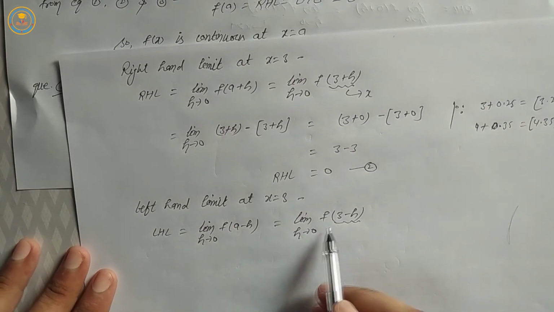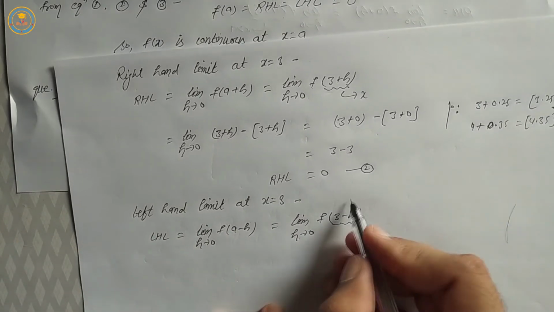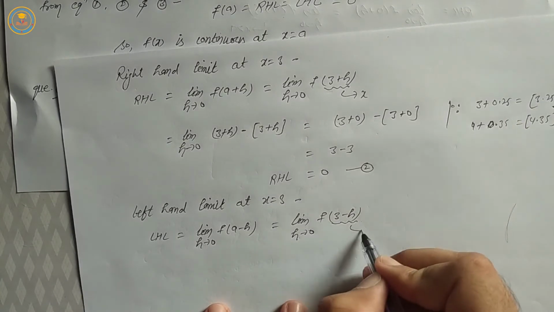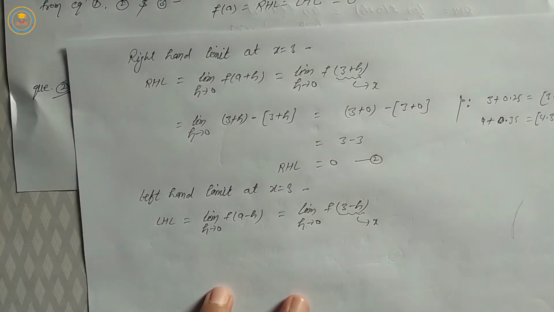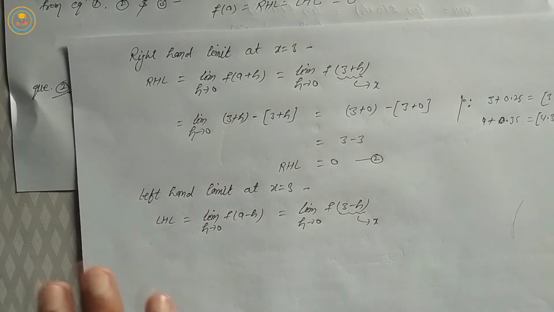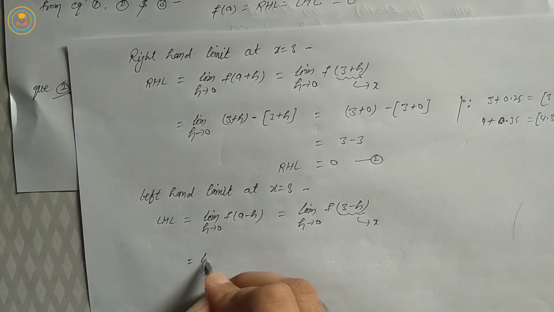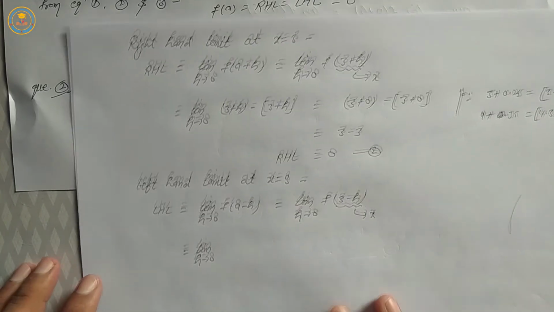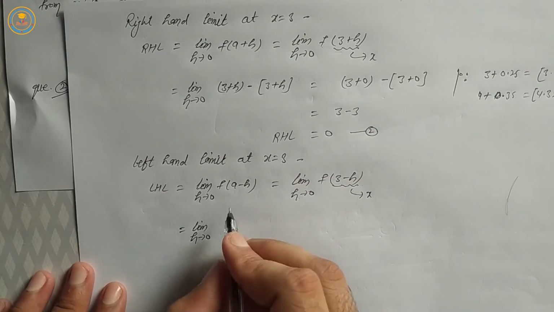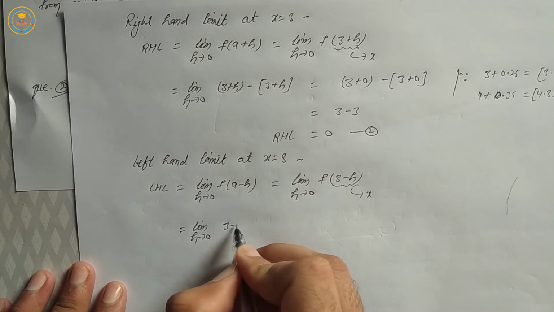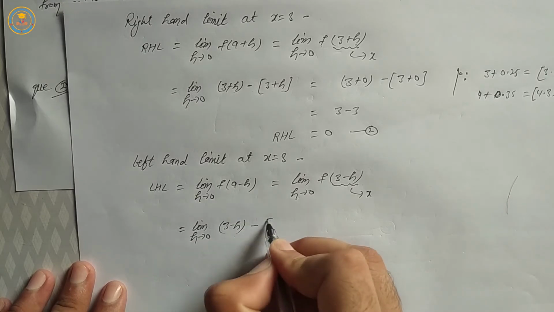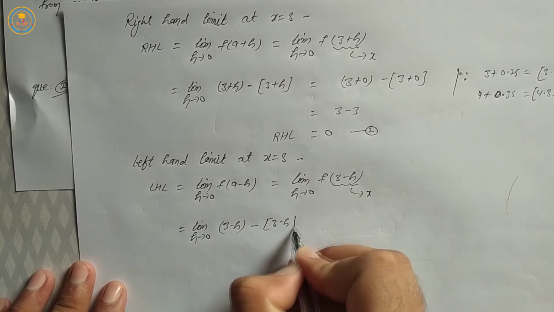According to function f(x), it means x is equal to 3 minus h. Putting the value in function f(x), limit h tends to 0,